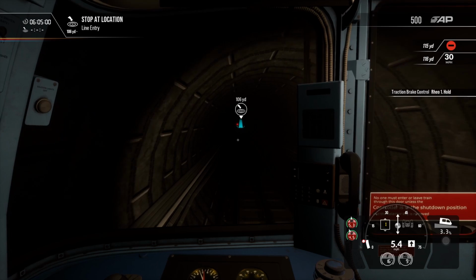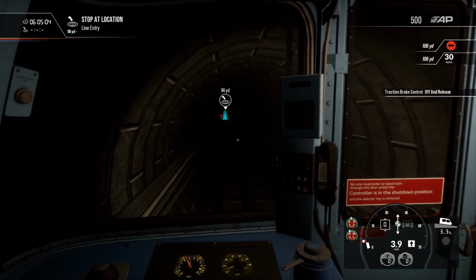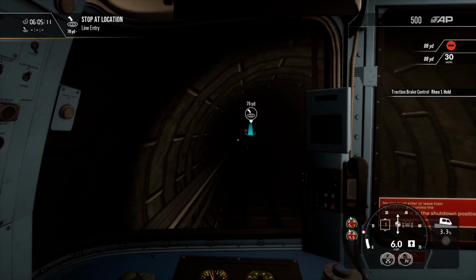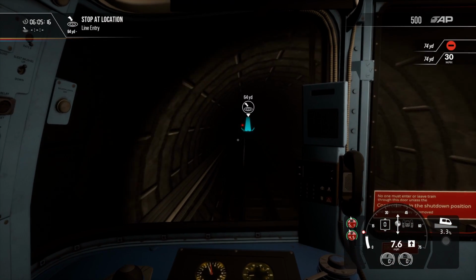Look at that. Let me show you. So from 3.5 miles an hour, look how quickly we're gaining speed, and that's not on the throttle. That's just how steep the gradient is in this tunnel down from the depot. So now the speed limit's gone up a little bit. We can now do...